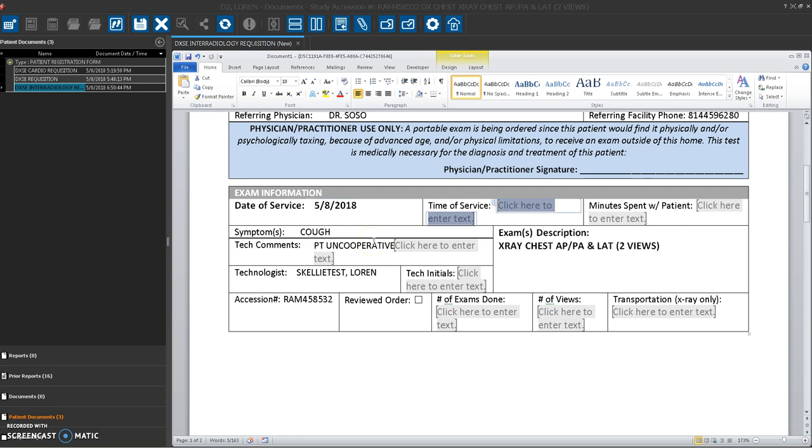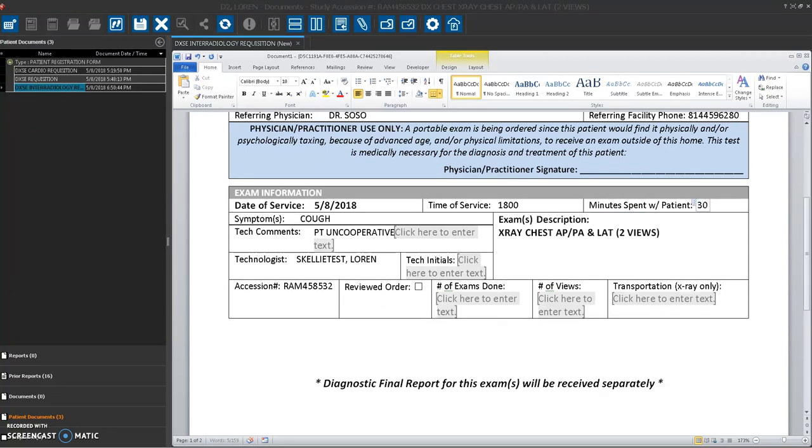In the next area, we're going to put in military time, the time that we started the exam with the patient. So we'll say that this is after hours, so we'll put 1800 down here. And then the minutes spent with the patient, again, just a reminder, this is how many minutes you were actually doing the exam and spending time with the patient. This is really important for facilities at this point to have this type of documentation for how much time a vendor or an individual has spent with the patient in their facility. So we'll put, as an example, 30 minutes was spent with this patient,